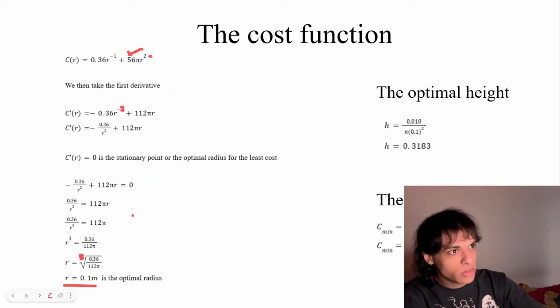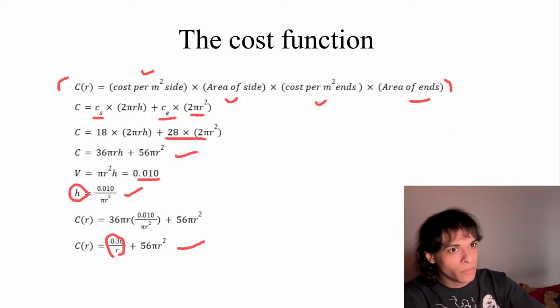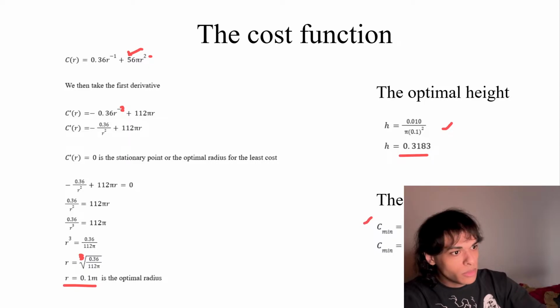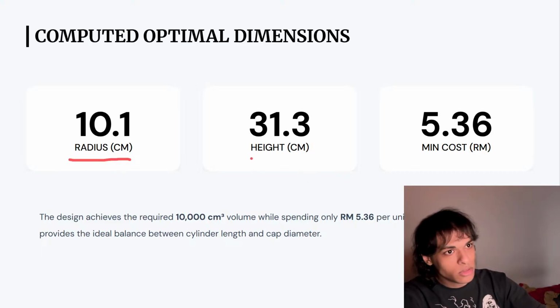So we substitute back into this formula, and we get the height that we need, and therefore we can find the C minimum, which is the minimum cost, by substituting into the first formula. Okay. So yeah, that's for the first problem. Quite easy and straightforward. So we got the radius at 10 centimeters, we got a height of 31, and we got a minimum cost of